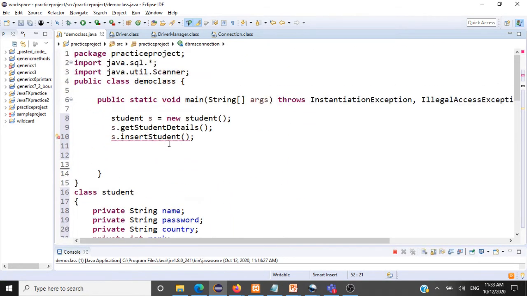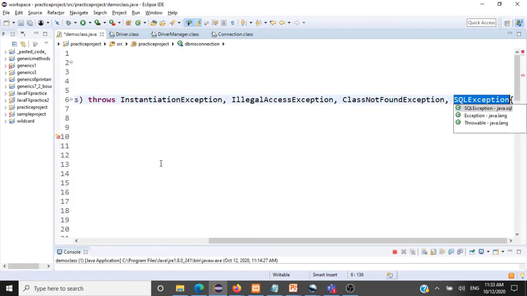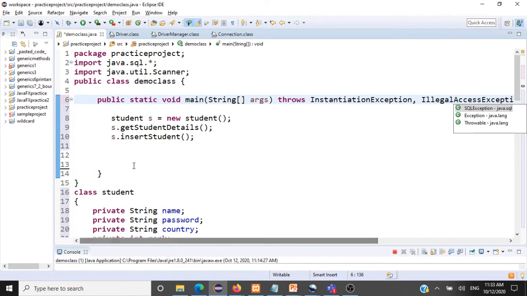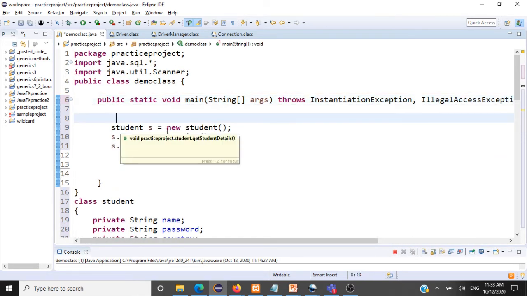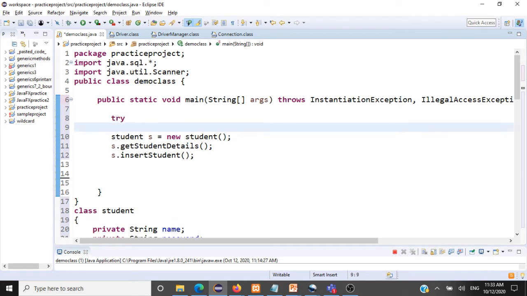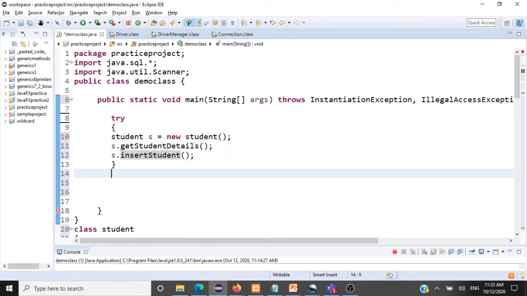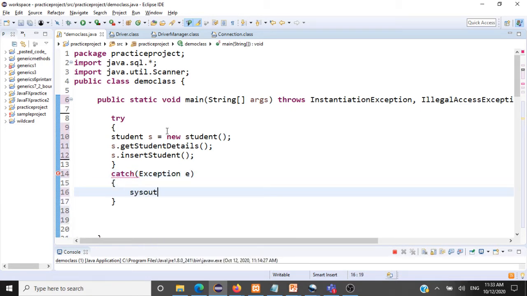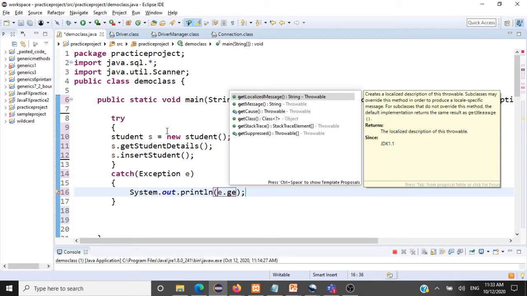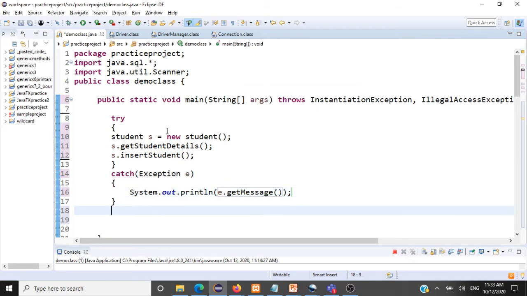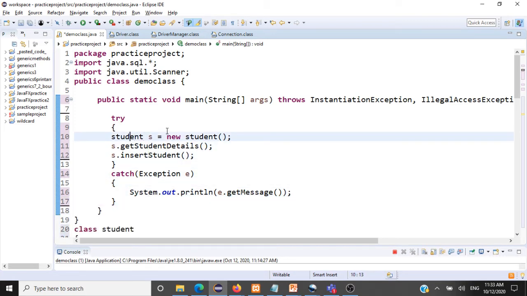So now we have modularized this code. What it says here, insert student, is an exception handling thing. We can also see all these things are prone to exceptions. We can put the entire thing inside a try catch block, and we always have the habit of putting everything inside a try catch block to handle any kind of exceptions that happen here. Here our exception handling strategy is to just print the detailed message from the throwable class. That's it. So this is what our code is now.